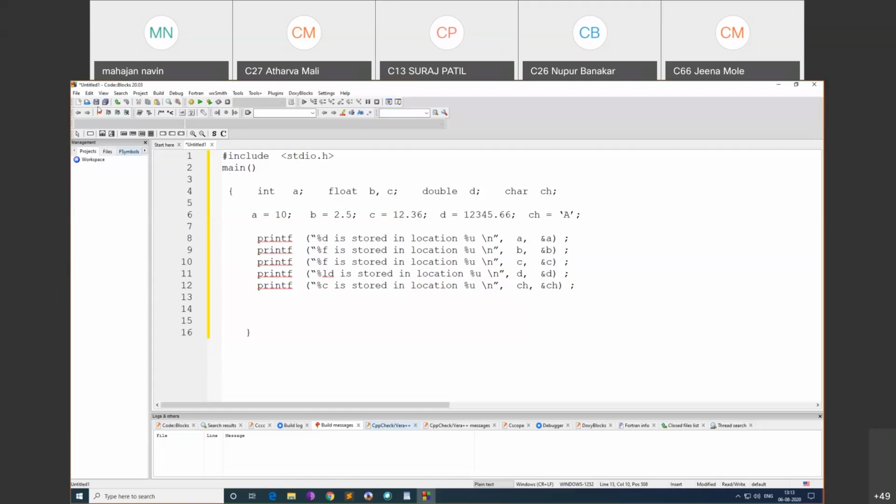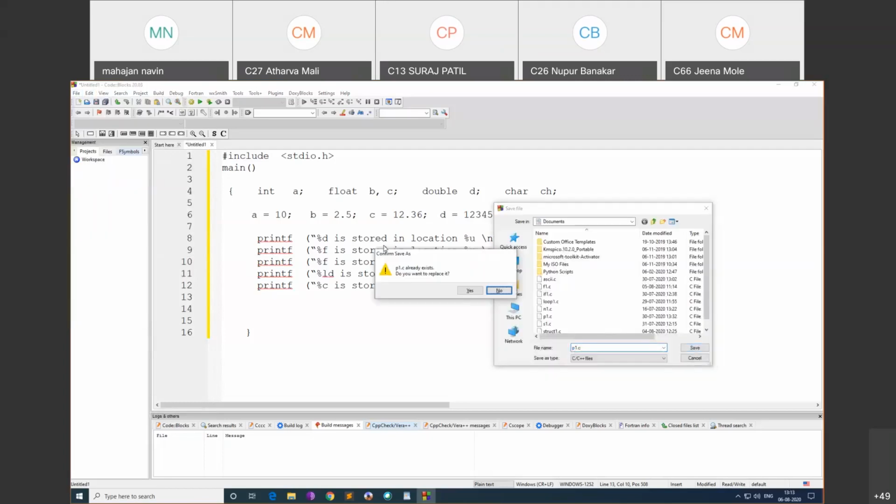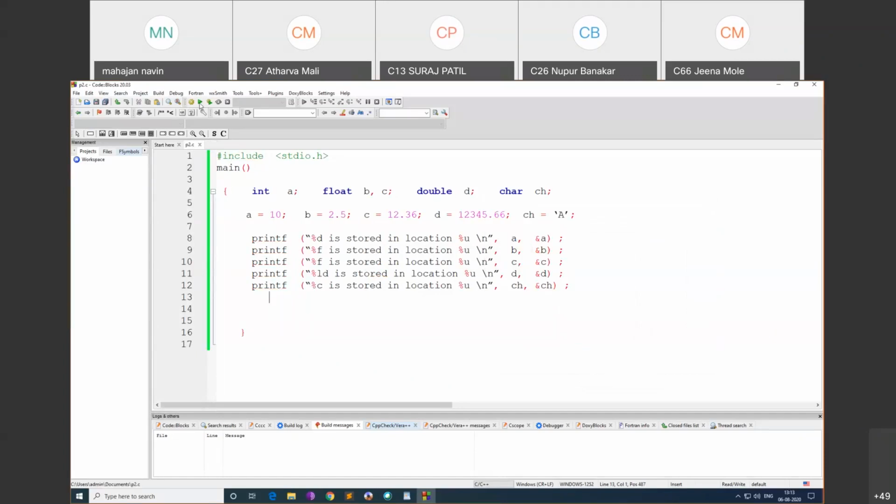We'll run this. Save this one. Maybe we'll save this as P1, as a pointer first program. Save as P1.c. Oh, P1.c is already there. I'll say P2.c. Build this one. Are there any errors? There is an error. What does it say? 221, 222. Okay, 221. Line 6. What is happening here?